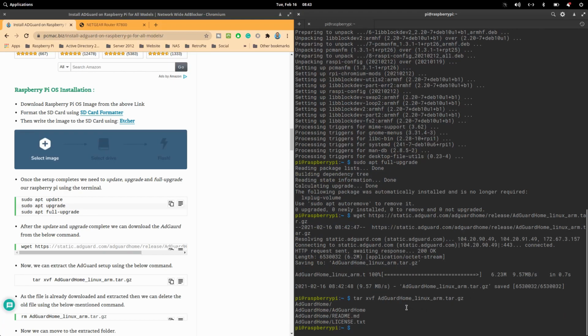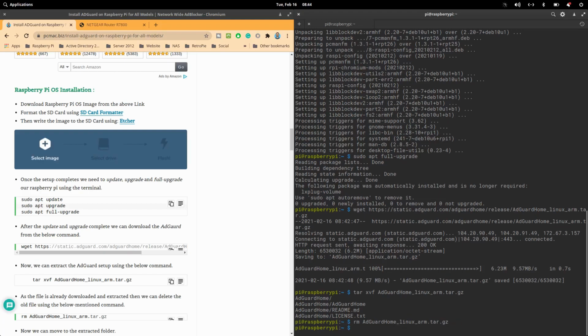What this command will do is extract this file into here, AdGuardHome. Now we can either remove this file if we don't have space on our Pi, or just leave it as it is. In my case, let's remove it. So we'll use the same command again and replace the initials with rm to remove.